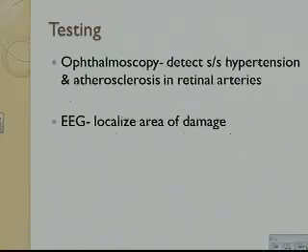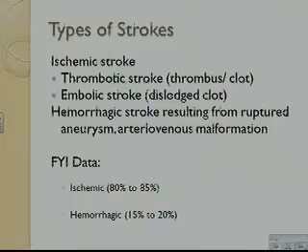So there's two types of strokes, and it's testing to see what's happening. The ophthalmologist is usually someone that can detect what's going on because they can tell by the vessels in the eyes about hypertension and if there's any problems with the renal arteries. And an EEG also shows you the brain pattern, brain waves, and lets you know where there might be damage. Like I said before, there's two types of strokes. The most common stroke is ischemia.